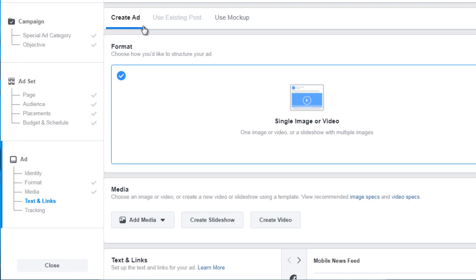Now, you can also create an ad just to test different images, separately from your post, by simply adding the images here, and then down here, adding the text and adding the links. Now, remember, because we are simply sending people to images with quotes on them, the text that you might want to add is something like, hey,